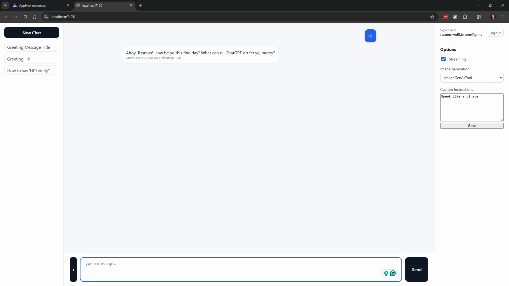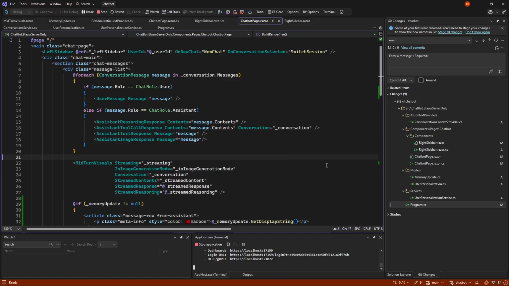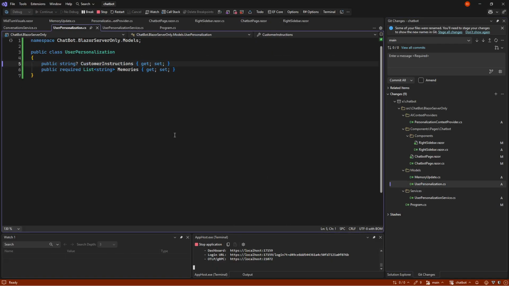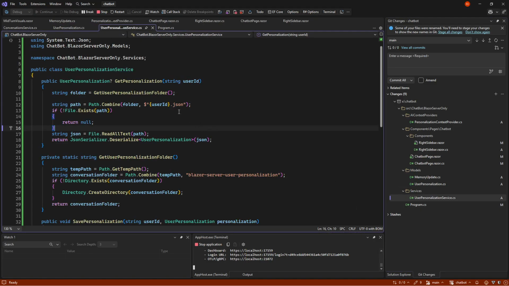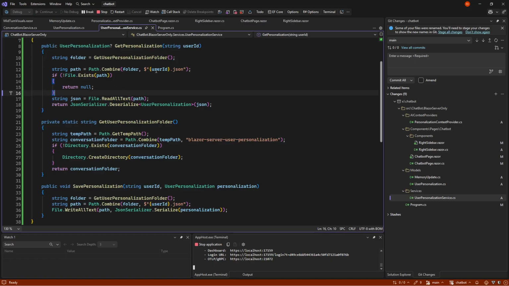So how is this done, and where is it stored? If we look in here at the changes in the code, let's go through them. The first thing we have done is we have made a new model called user personalization, which can handle custom instructions and memories. And for that, we have a new service, where we store them in a user JSON file under a new folder.